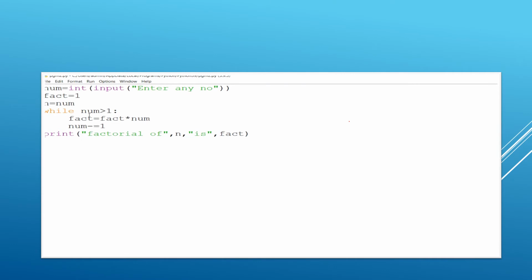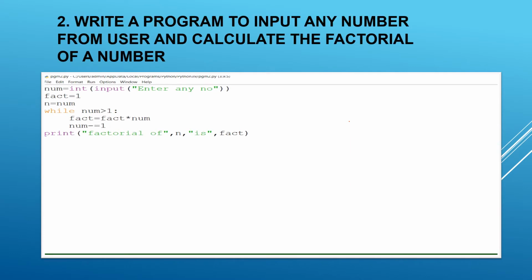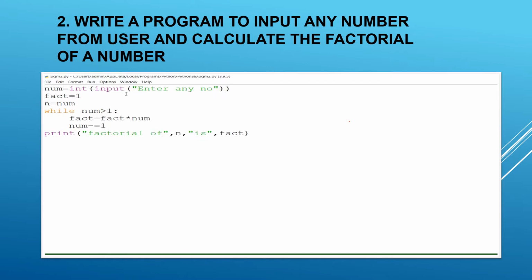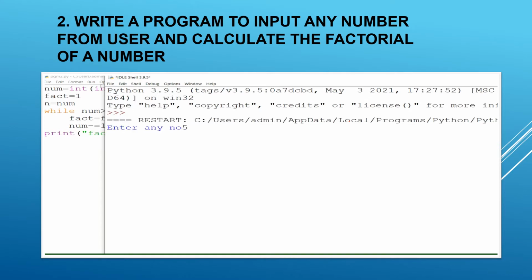So the next program which I wanted to discuss here is the factorial program. In this factorial program, we are finding the factorial of a particular number. Here we will be finding the factorial of a number until num is greater than 1, with the fact value already given as 1. So fact equal to fact into num, and each time we are decrementing the value of num. That's what we are doing in this. So fact of 5 is equal to 120.